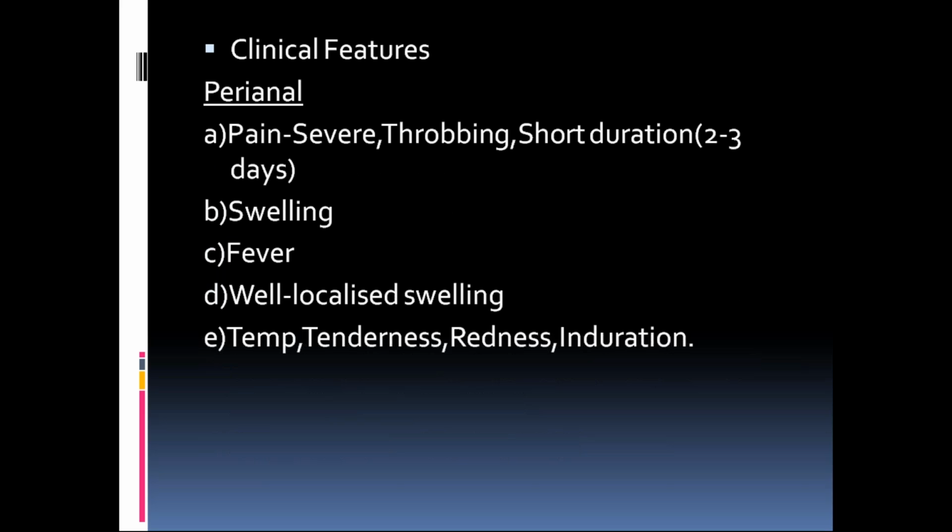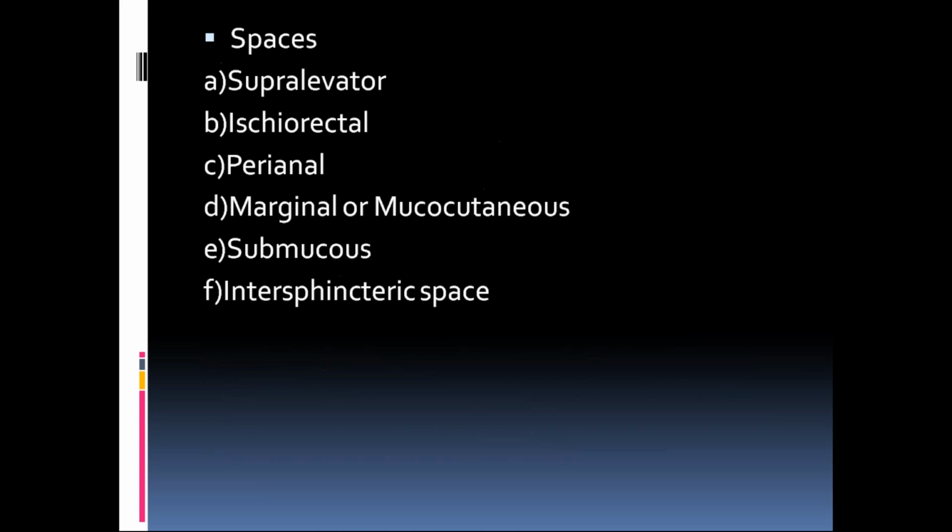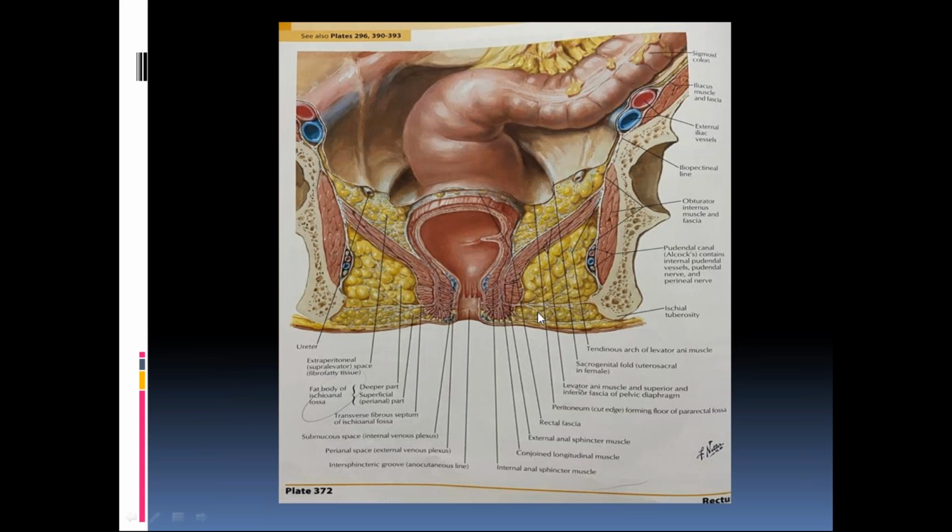So a patient presents with a perianal abscess. Perianal abscess usually is of short duration. See here, you can see in the diagram. From the longitudinal muscle, multiple fibrous septa are coming, which are piercing the subcutaneous part of the external sphincter and attaching to the skin. Here there will be a lot of tissue tension. So any abscess which gets collected here